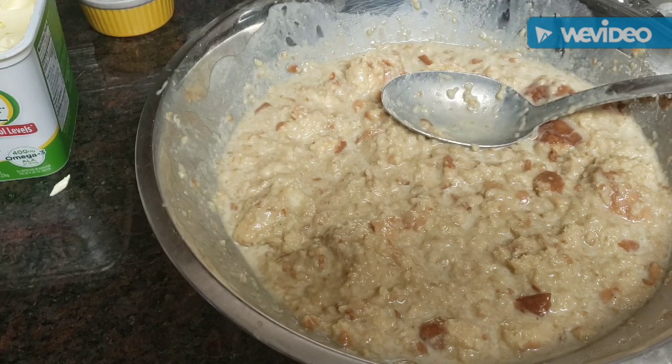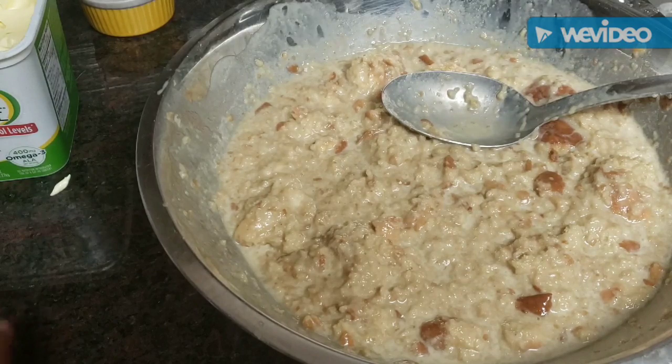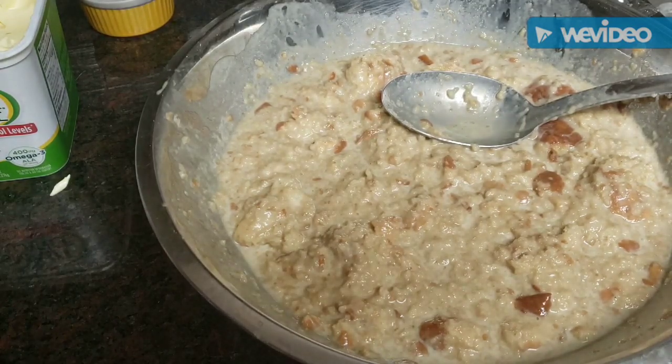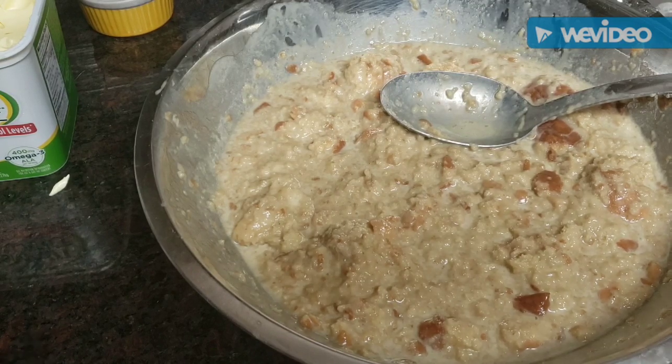Then I've got 3 eggs, 2.5 cups of milk, one cup of just regular milk, and the condensed milk. It was a 14-ounce can, so that added up. That made it be like 2.5 cups of milk, and I blended that with the 3 eggs, and I used 2.5 cups of brown sugar, 2 tablespoons of vanilla flavor, and all these liquid